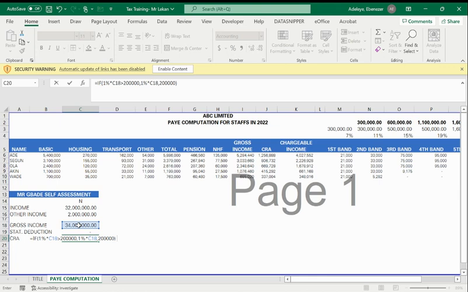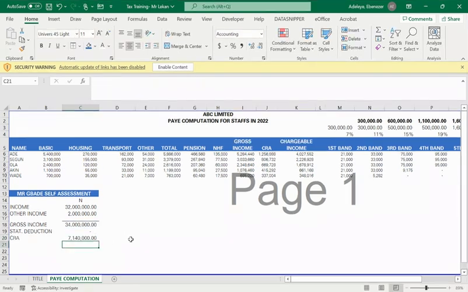Plus, that is what the Act says, plus 20% of gross income. So we have to put this in parentheses. So it means our CRA is 7.14 million. So to now get our chargeable income,